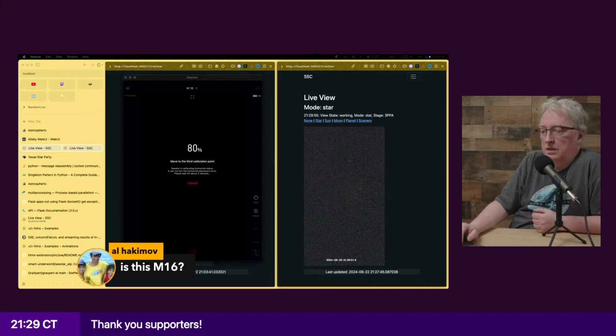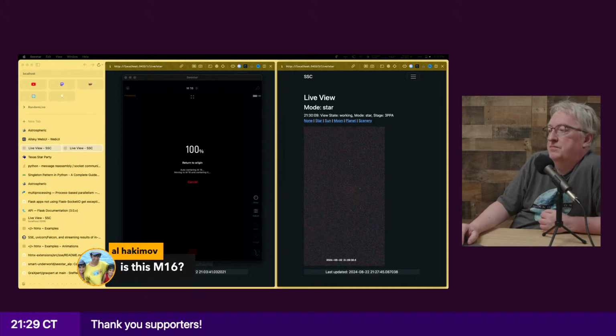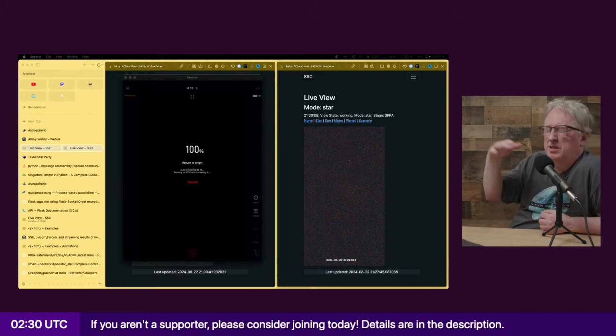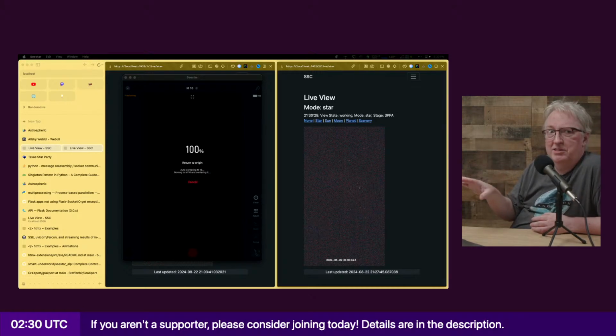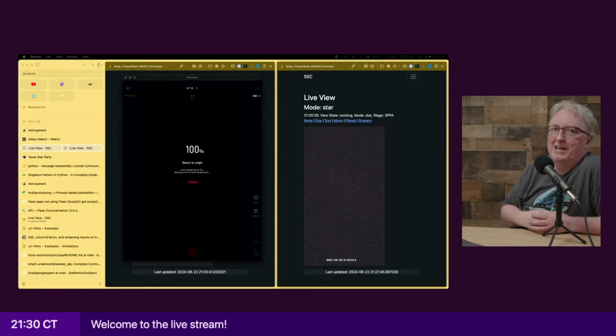Yeah, yes, it's M16. At least I'm attempting to do M16. The problem is this particular one keeps failing 3-point calibration or 3-point alignment, or the horizontal calibration, and so it just ends up taking a while every time. Yeah, I'm trying to get it stable so we can actually look at the stacked version.